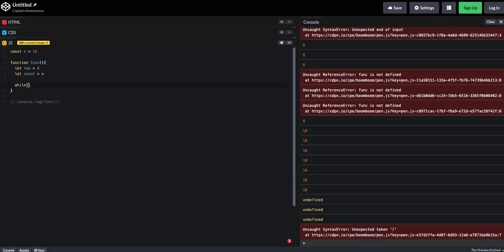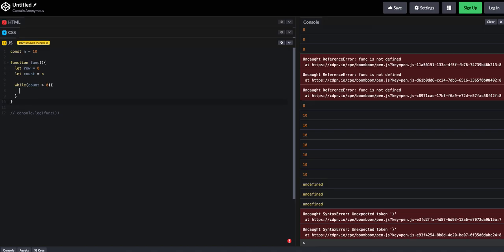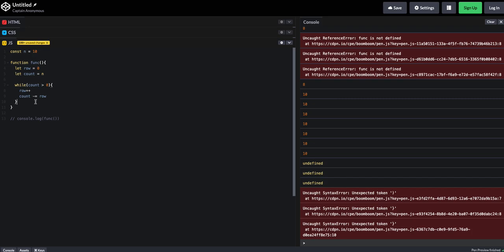So then we just say while count is greater than 0, we're going to run some logic. First thing we're going to do is we're going to increment the row by 1, and then we're going to say count minus equals row. So we're going to subtract row from count. And then like I said,